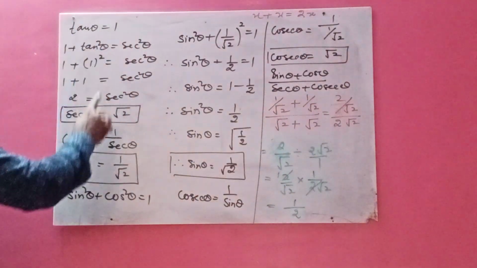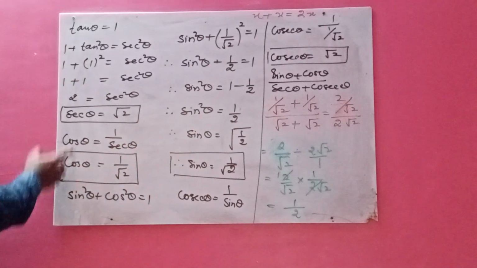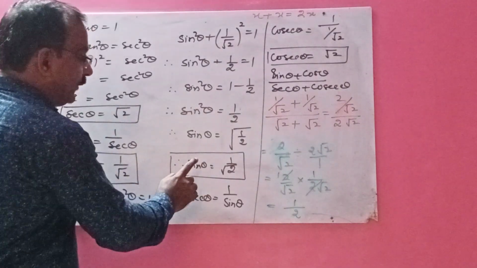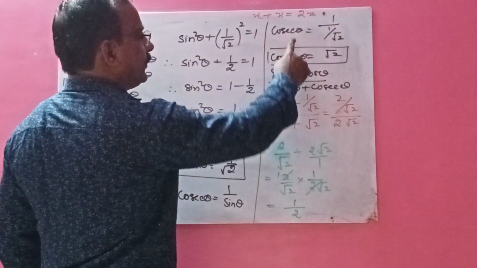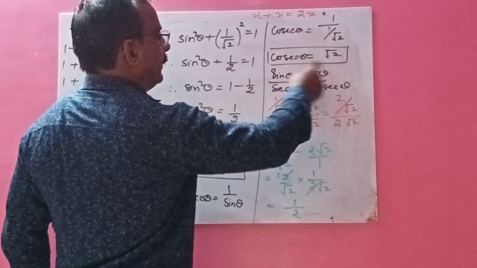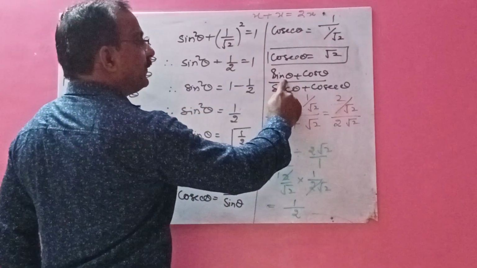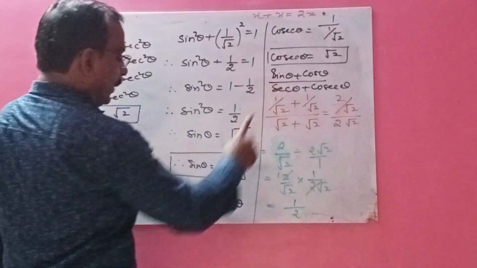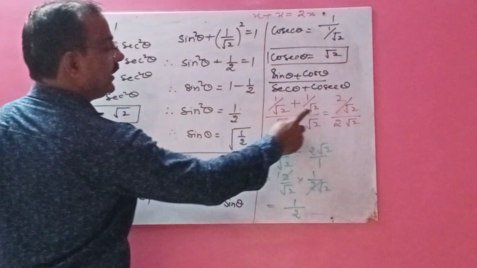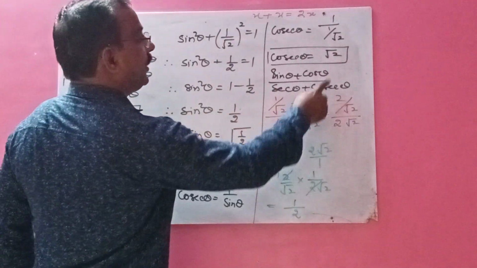See, first calculate this one, then with the help of this, you got this. They are interrelated, children. From cos you got sine and from sine you got cosec. So all values you have. Clear? Now this is your problem. You have to substitute all these answers in this fraction. Sine theta is 1 upon root 2. Cos theta is also 1 upon root 2. Sec theta we got root 2. Then cosec theta also we got root 2.